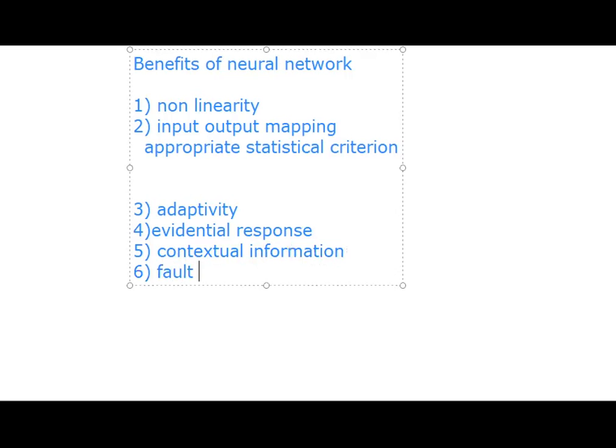Now, the sixth point is fault tolerance. Suppose, for example, let me give you an example with the chair again. Maybe you can make a mistake and go and sit on the bride and groom chair. Okay, you can make a mistake, but after visiting two to three more such marriage ceremonies, you don't make such a mistake, because your neurons are continuously getting trained in your brain.